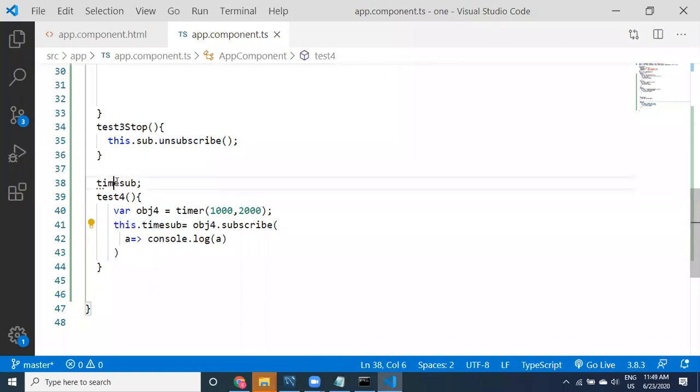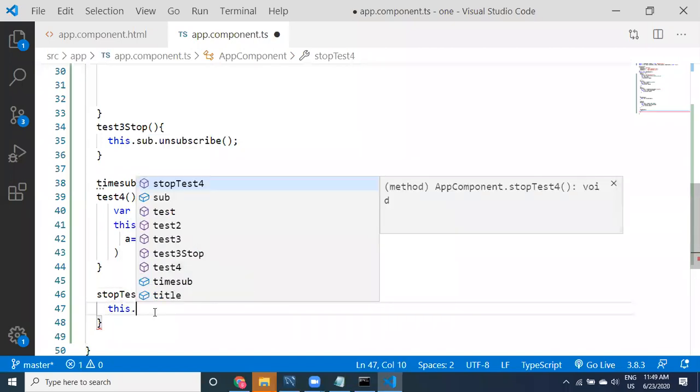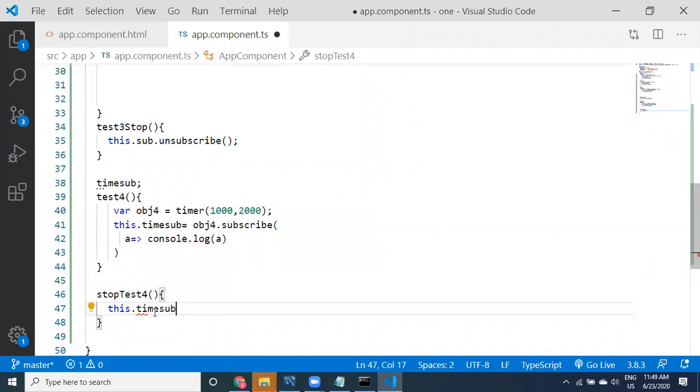I'm going to write another method, test 4 stop, any method name, whatever you want, you can provide. Here what I can do is this dot timer subscription dot unsubscribe.